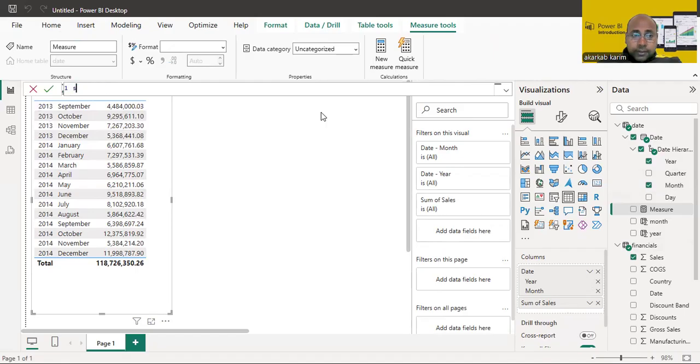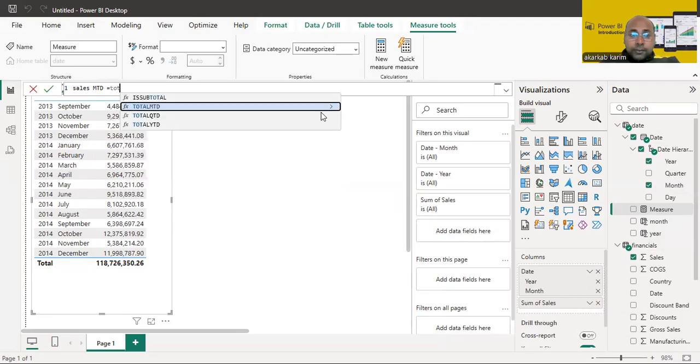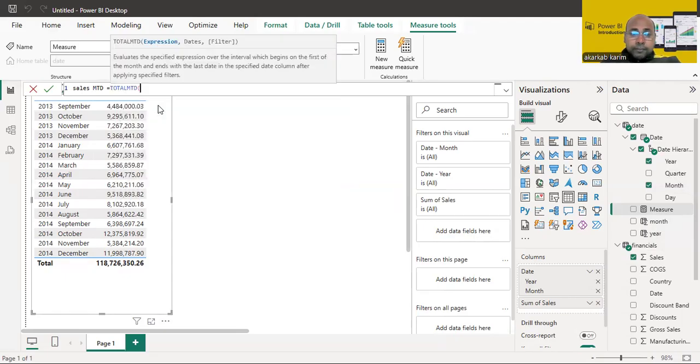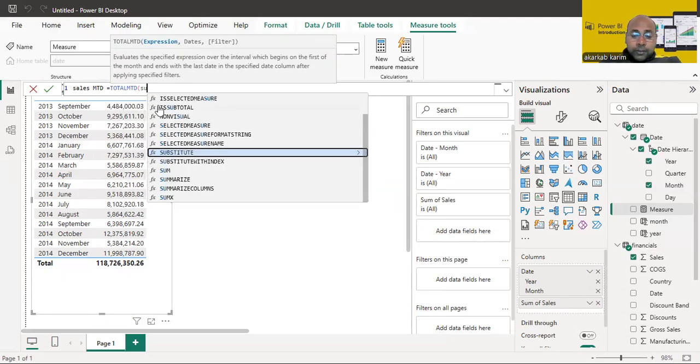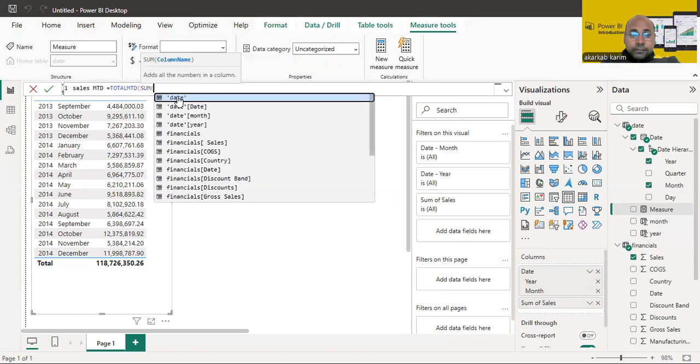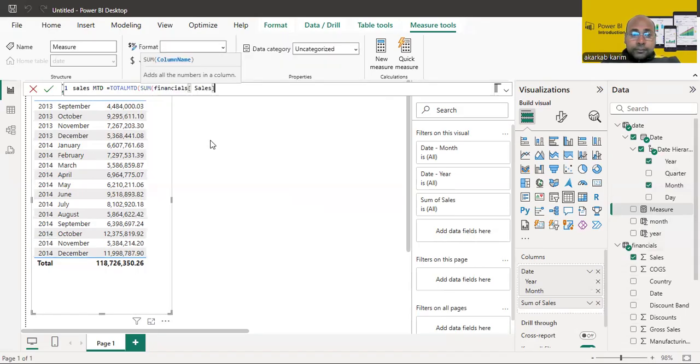So it is a sales MTD equal to total MTD, and we want sum of sales, close parentheses,